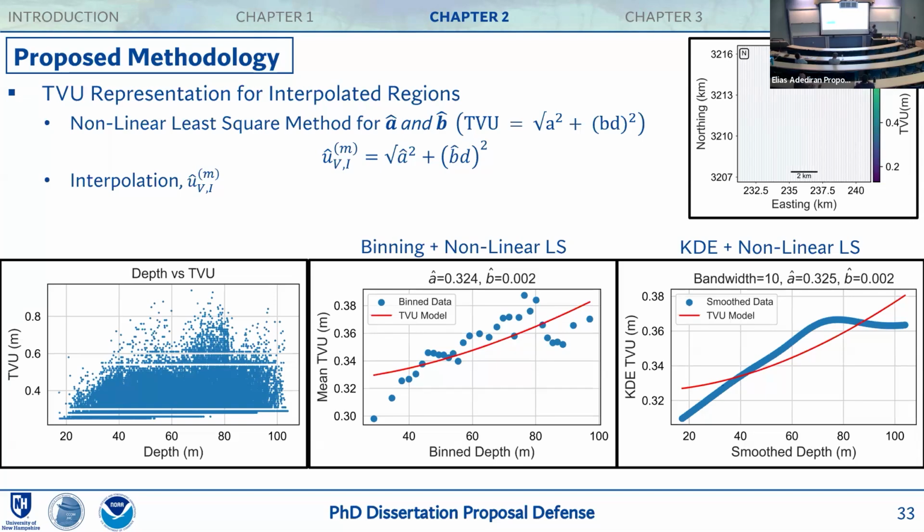This is the result here: the estimated A when we use the binning method and the kernel method are almost the same, 0.324 and 0.235, with B of about 0.002. So if we use this A and B to fill in the gaps that we have up there,